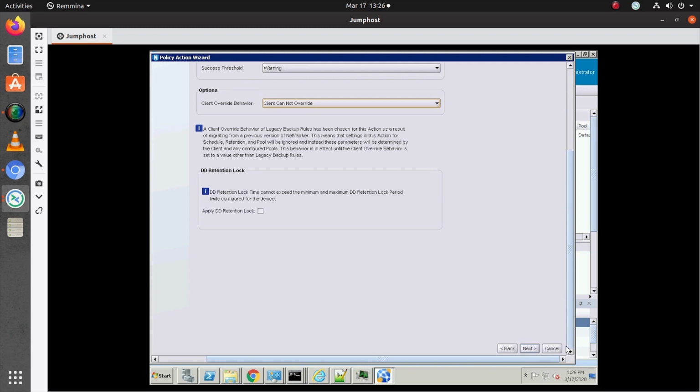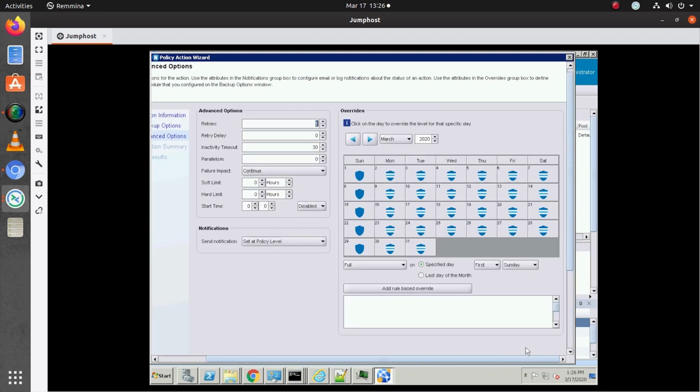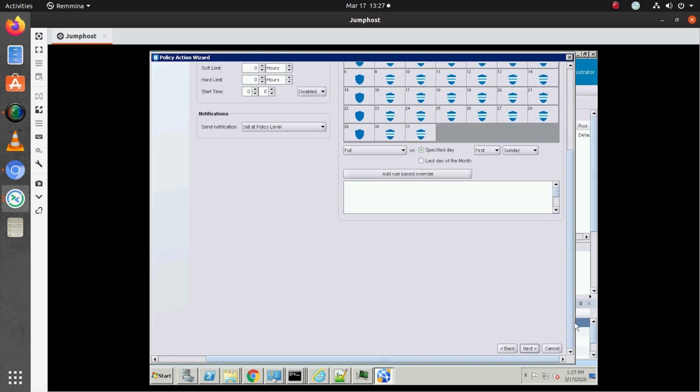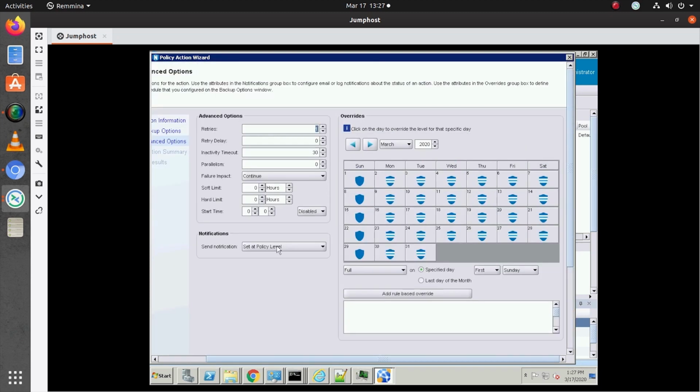I don't recommend doing this on your system, because it has already taken the required configuration from the earlier configuration and put it here, so making changes might change the behavior. These are about the retries, the inactivity timeout, and the schedule overrides. If you have any overrides, you can apply them here. And it is also talking about the